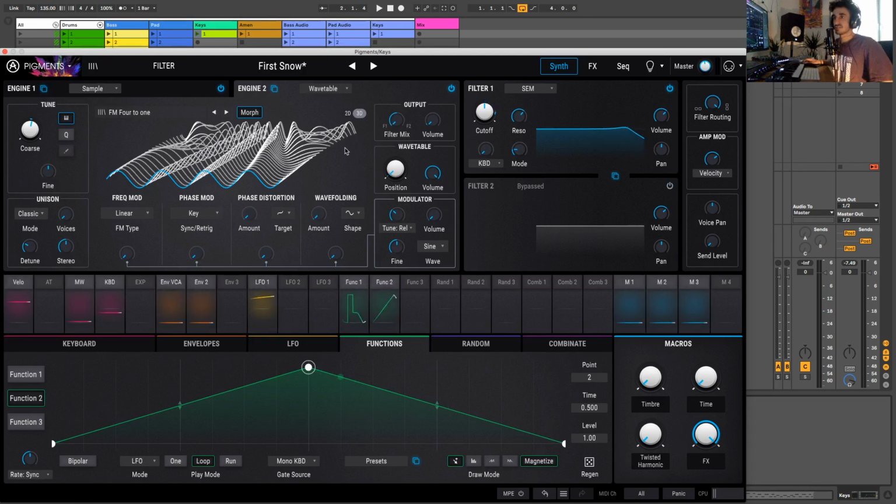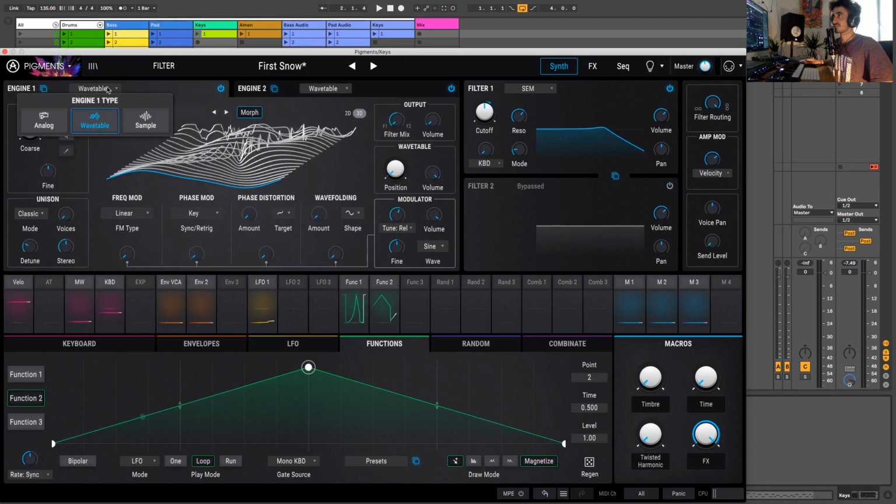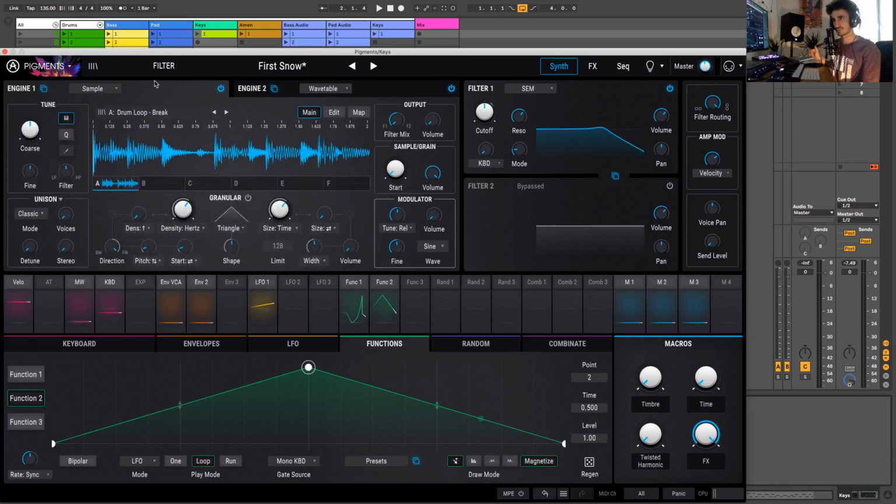Another question, this one is for the granular engine, sample engine. So the question is, can the sample engine be used to load a sample and change the pitch using the keyboard without changing the sound? No, unfortunately, there is no time stretch algorithm at the moment. But you can manipulate the pitch of every sample with the granular engine. So if you activate it here,